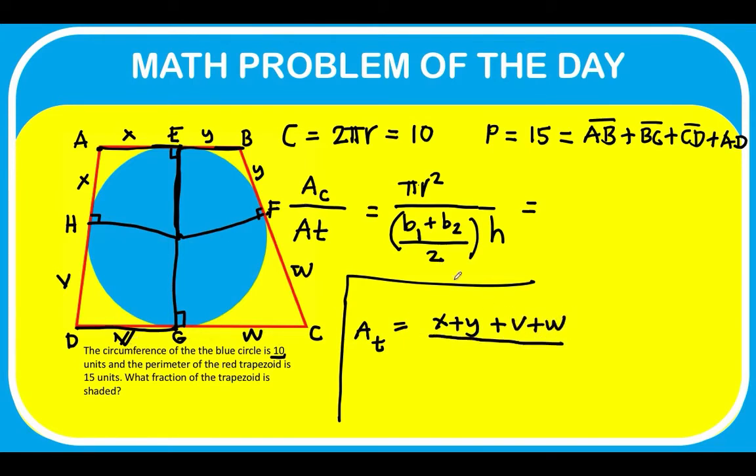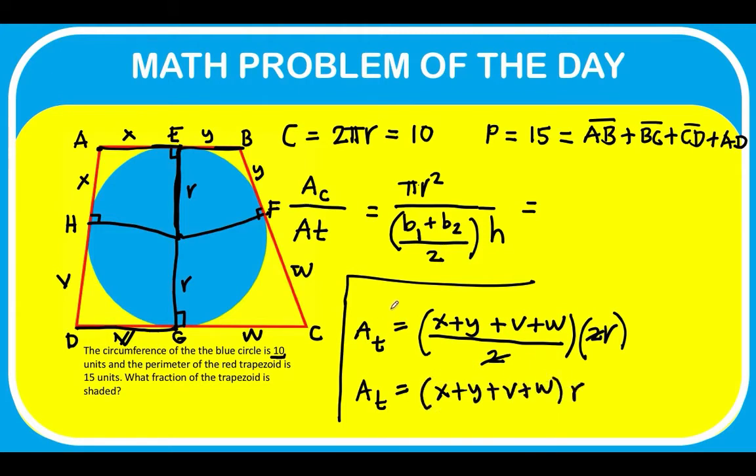That's base 1 plus base 2, divided by 2, times the height. What is the height? The height is this distance, which is the radius, plus this distance, which is the radius. So we have 2r for the height. We can cancel out the 2. So what we now have is the area of the trapezoid is equal to x plus y plus v plus w